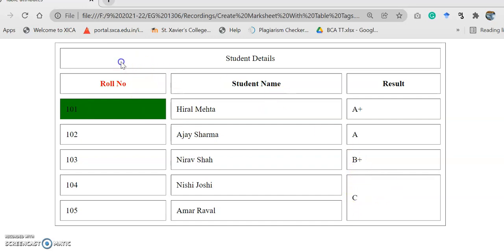Here, if you observe, the first 3 cells in the first row have been merged, but in this, if you notice, it is the third column, but 2 rows, right? The last 2 rows have been merged. How to do all these things? All these things we will study in this class, right? So let's start with the code.